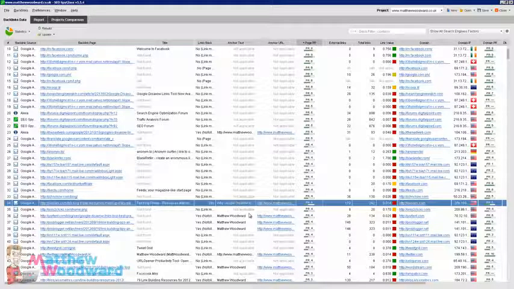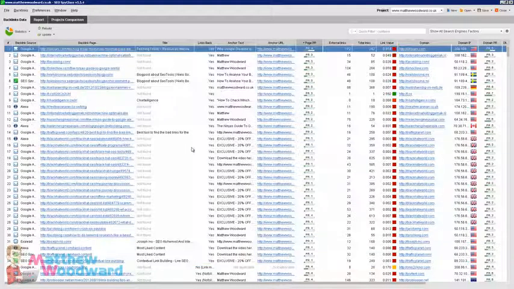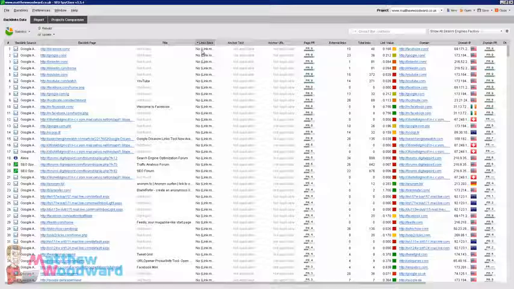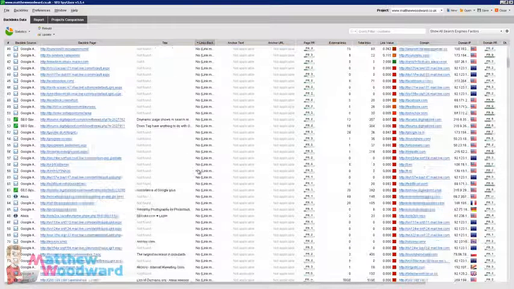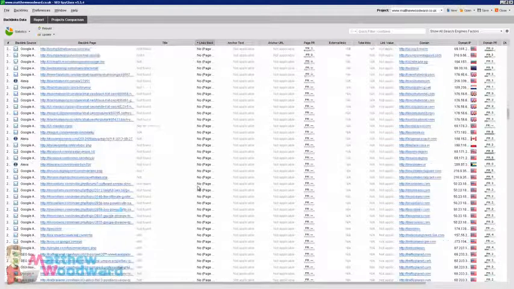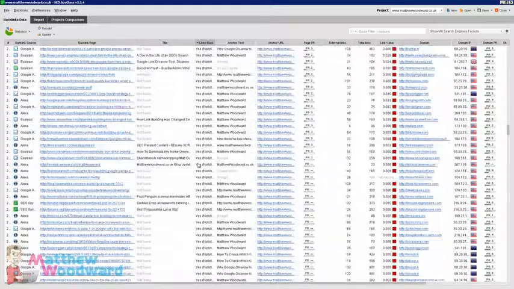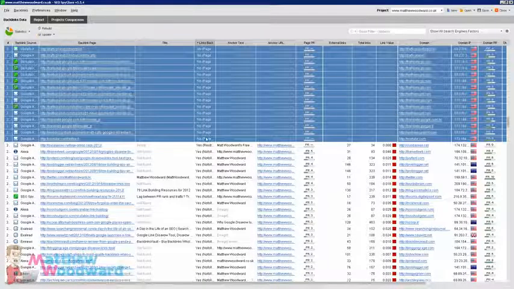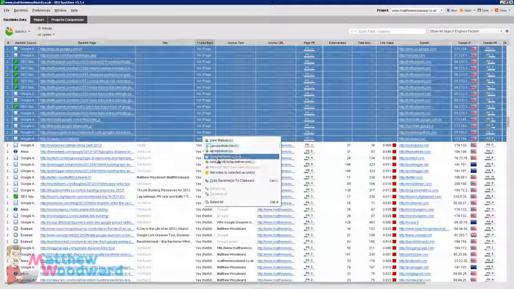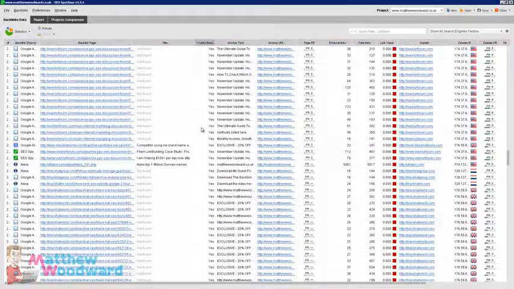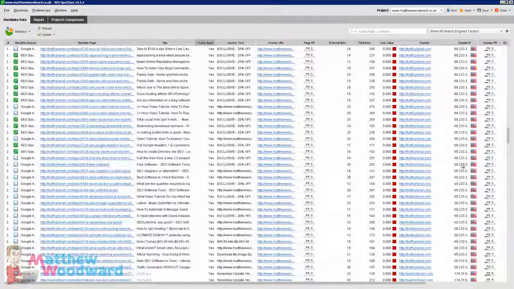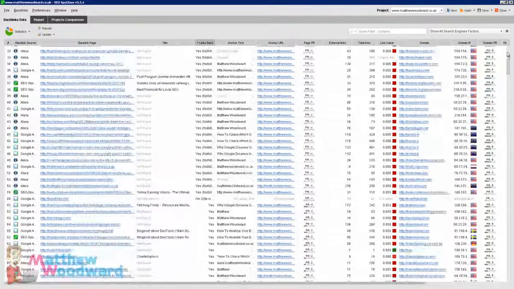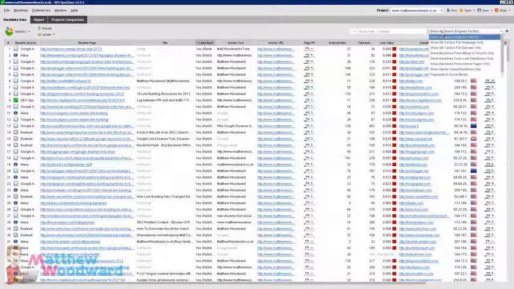And we can actually sort this data as well, and we can remove all of the links that no longer link back here. And we've got lots of no's there, lots and lots of no's. Highlight those and just press delete. Or do we? Yeah, remove backlinks here, and that will delete those. So now we're just left with a list of our active backlinks,